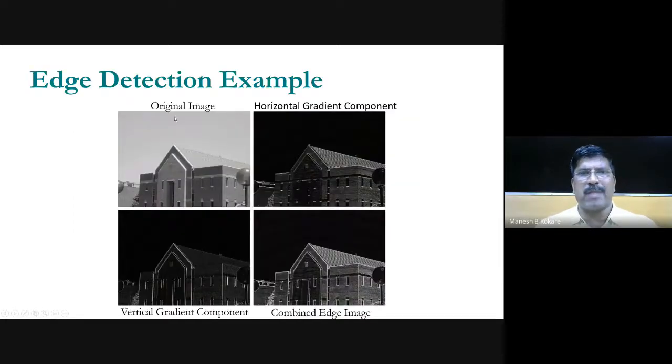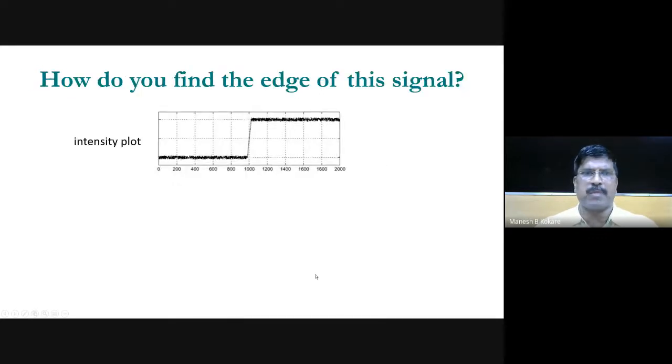And this is another example. So for example, horizontal gradient component, vertical gradient component, and then combined edge detection and so on, right? Now, if there is noise in the image, how to overcome that? So we'll see in our tomorrow's lecture the Laplacian of Gaussian technique as well as the difference of Gaussian technique, and if possible we'll also cover the optimal edge detection technique, that is nothing but the Canny edge detection. So today we'll stop here.